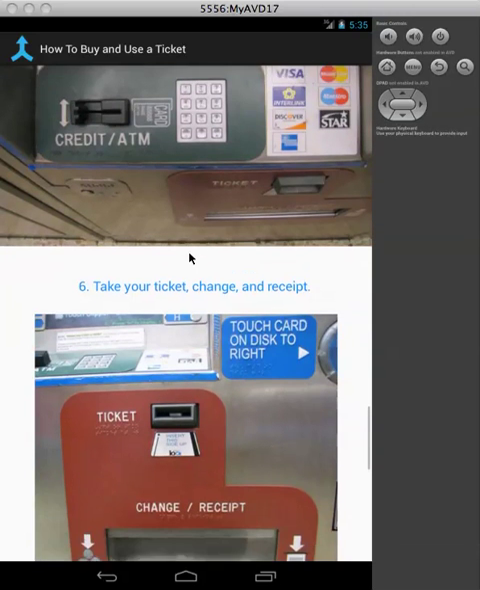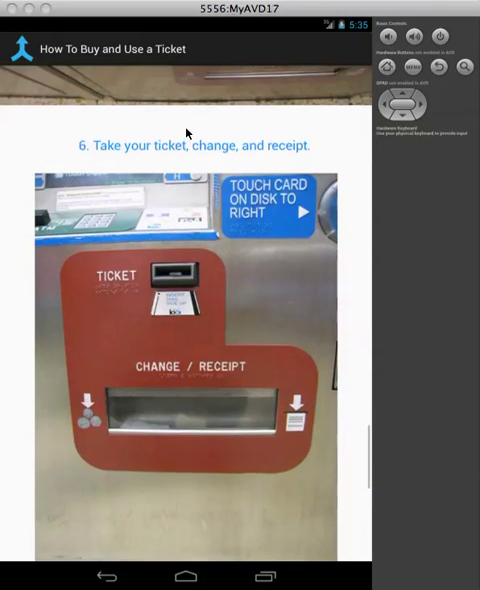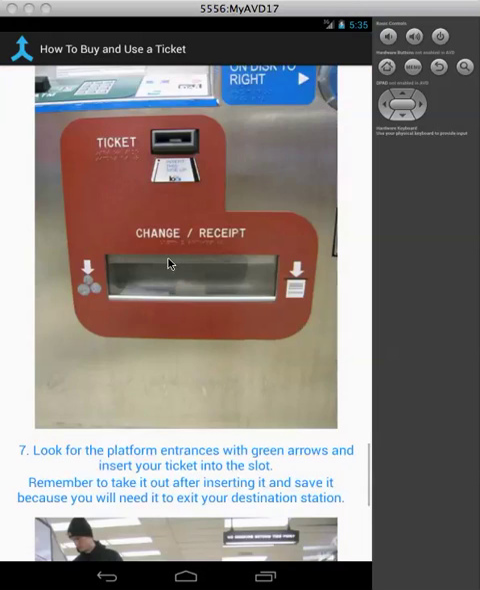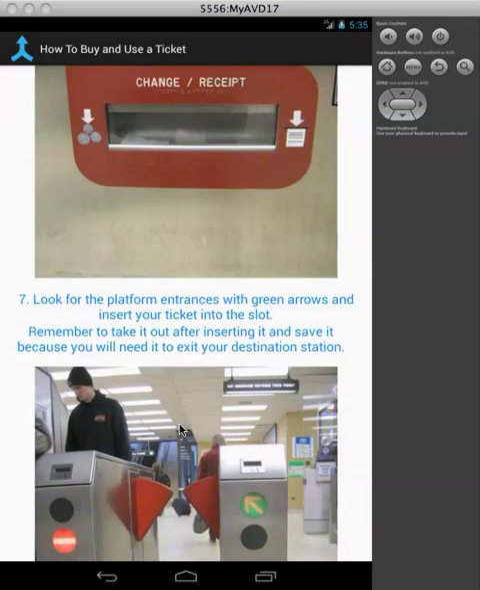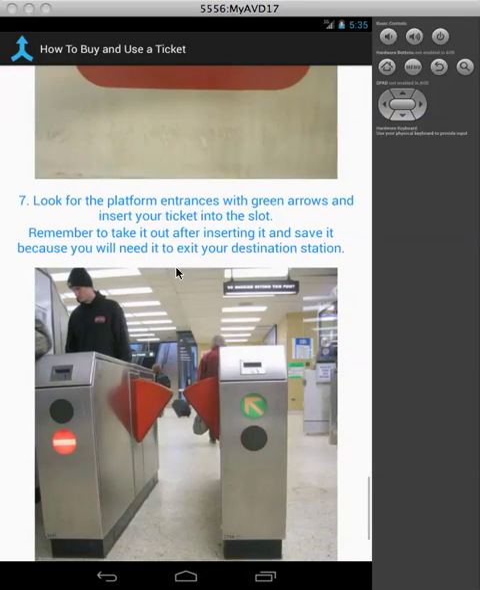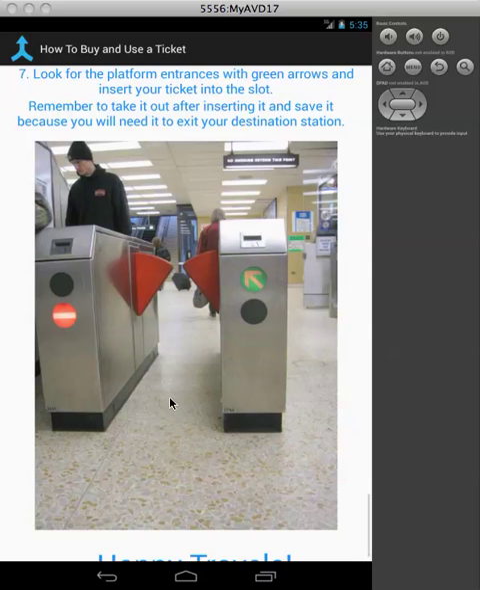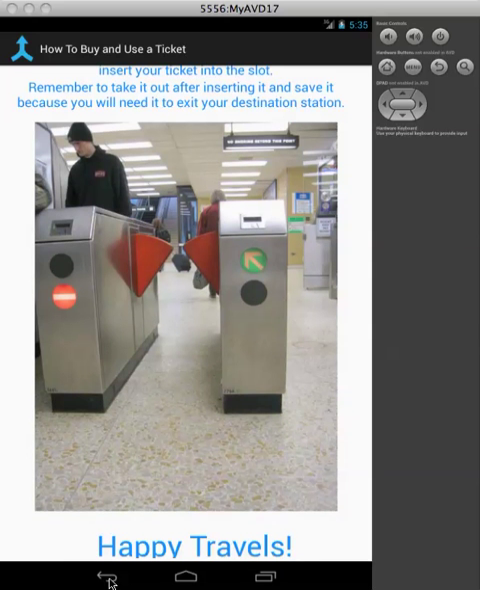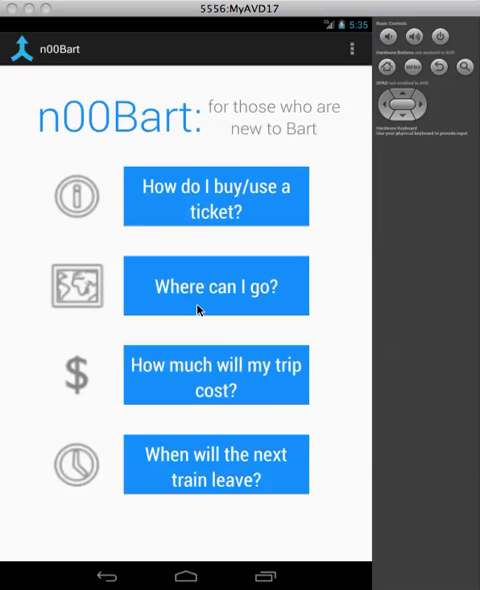And here we're at step 6 where it's take your receipt, change and receipt, ticket, change and receipt. And then it also talks about entering the station. And at the end, it ends with happy travels. And so now if we go back to the home screen, we can take a look at the second